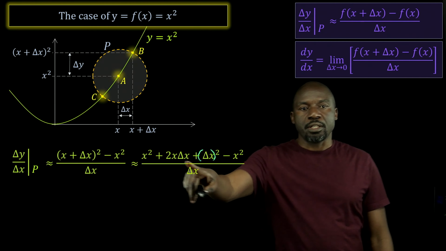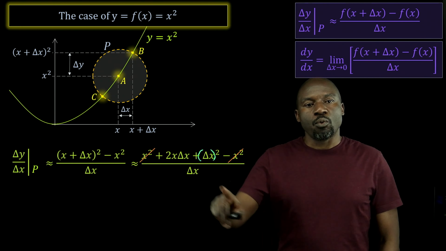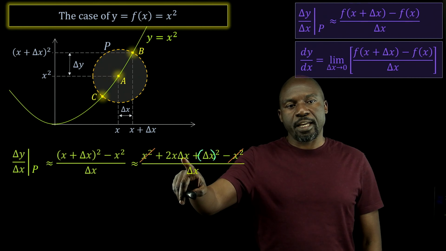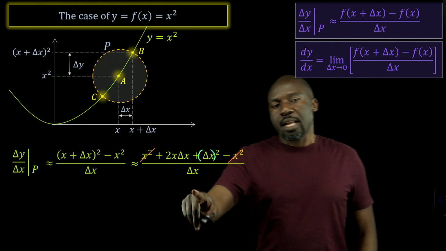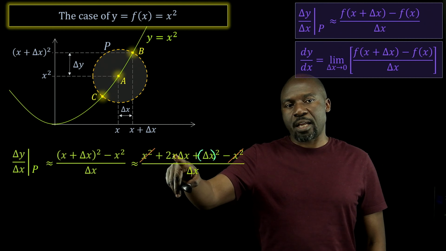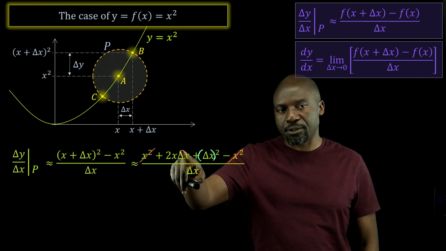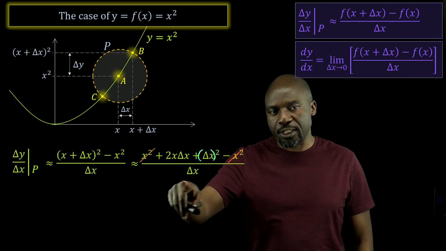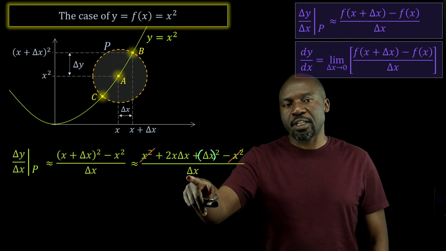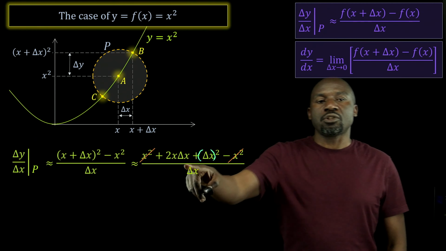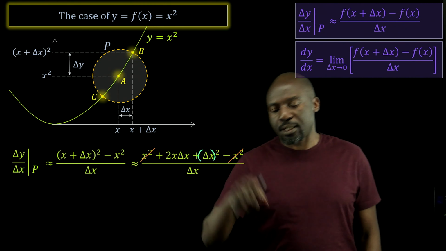The next thing, of course, is this term and this term here are going to cancel, and if we cancel those two terms, we are left with 2x delta x plus delta x squared, everything over delta x. Now directly I can put this as 2x delta x over delta x, in which case delta x and delta x cancel. I'm left with 2x for this term, and this becomes delta x squared over delta x, which becomes delta x. And so it's easy to just write 2x plus delta x,